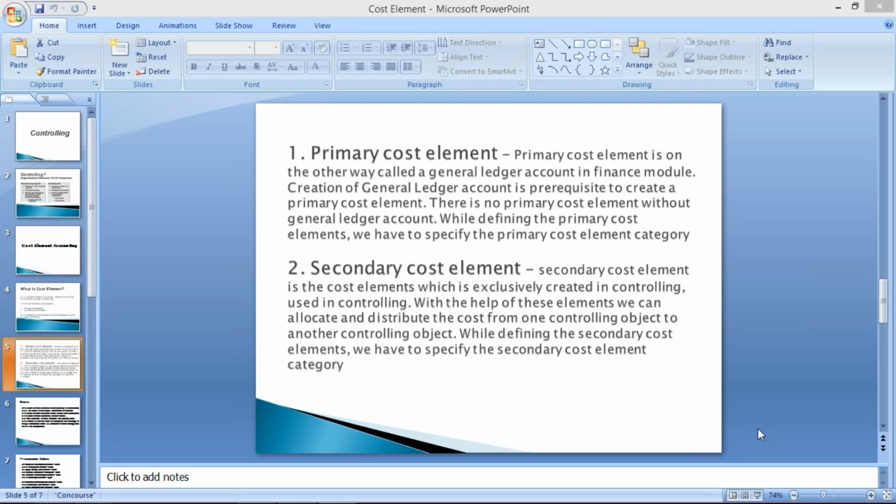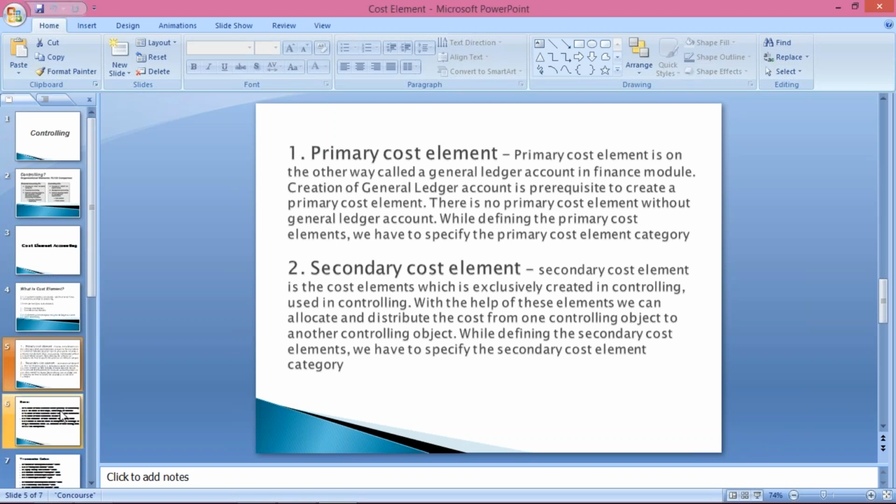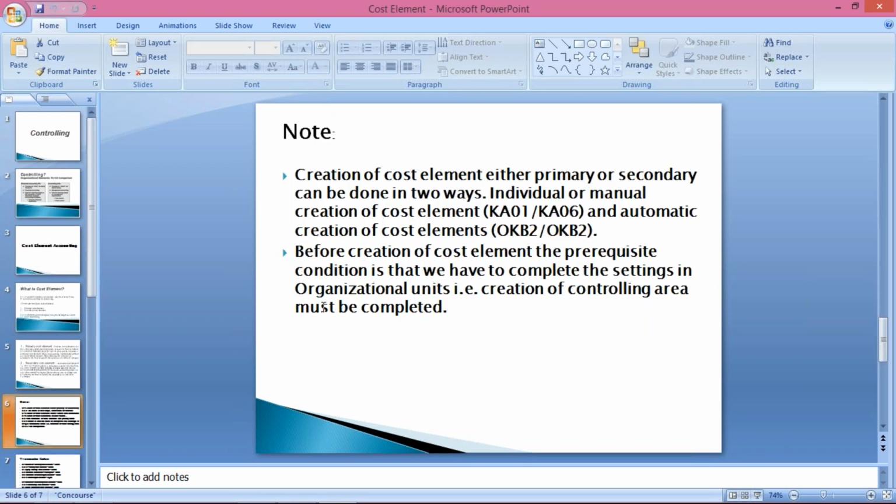So here I have explained about the primary cost element and secondary cost element. Now I am going to show you guys the practical session, practically how we are going to define a cost element. So we have certain transaction codes which we have to use for creation of a cost element. But before that, we should keep certain things in mind,